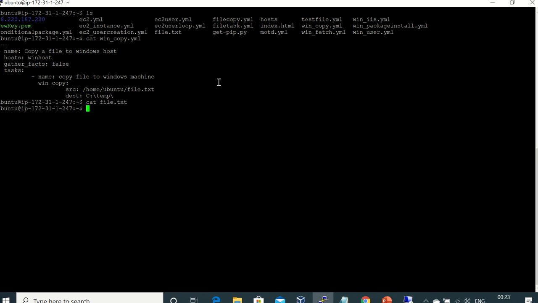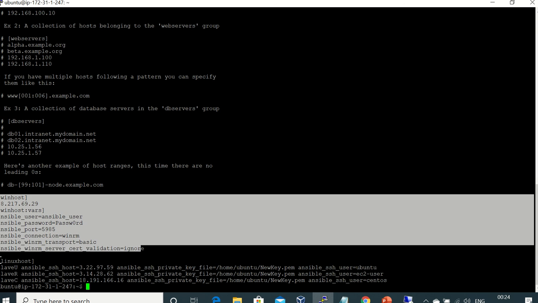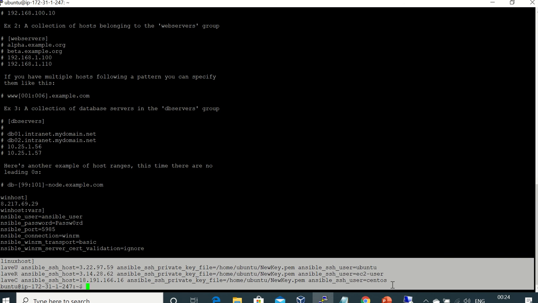Because if you see this particular host file, the inventory file, it has everything: the Windows host is mentioned, and the Linux host is also mentioned.